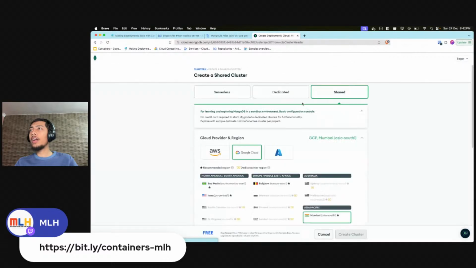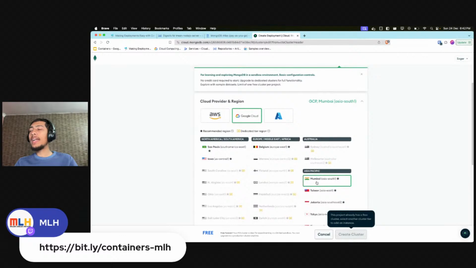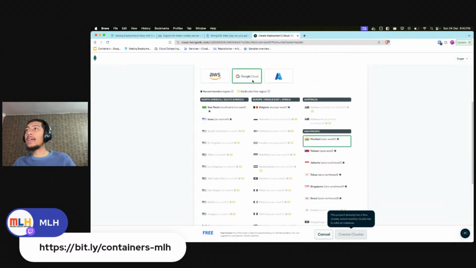So if you go to the shared tab, you can see that we can create a database in different regions. Please select the one that is nearest to you, as that would reduce the latency of the request and the response. So go ahead and select the region that is nearest to you. Since I am based in Nepal, I will select the Mumbai one,